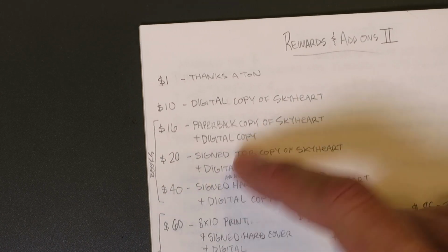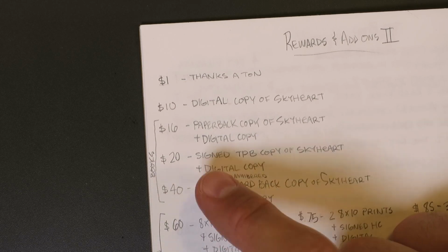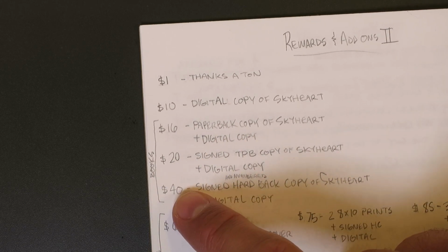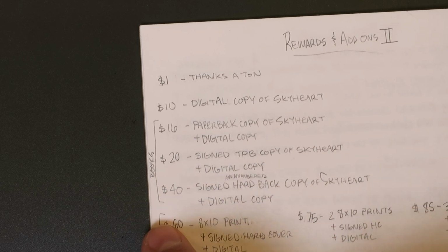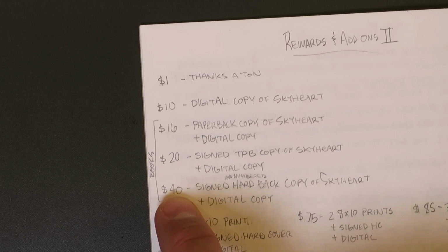And so I figured out the numbers to do the hardback book. It's probably going to be about $11 per book, which would make it like a $45 book. I think that's a lot to ask for a book, so I'm just leaving it at $40,